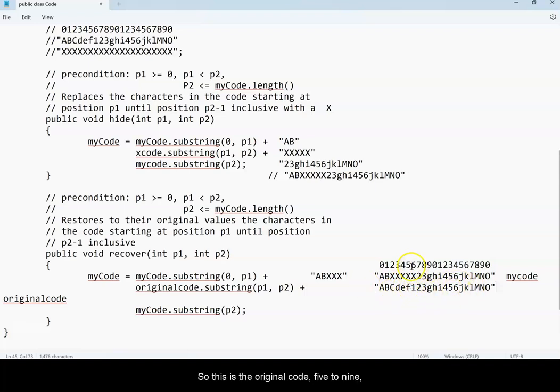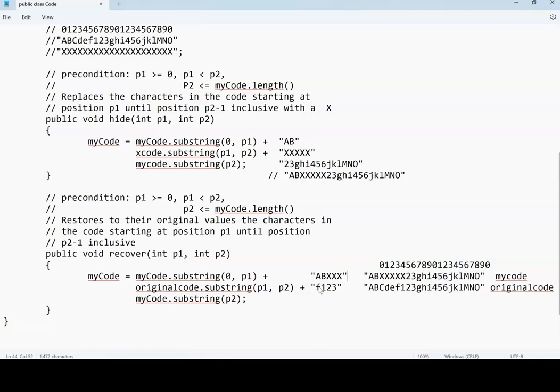So this is the original code, 5 to 9. Which is 5 to 8, basically. Just really 5 to 8. That's that. And then at the end, we do myCode 9 to the end. And if we were to string that all together,